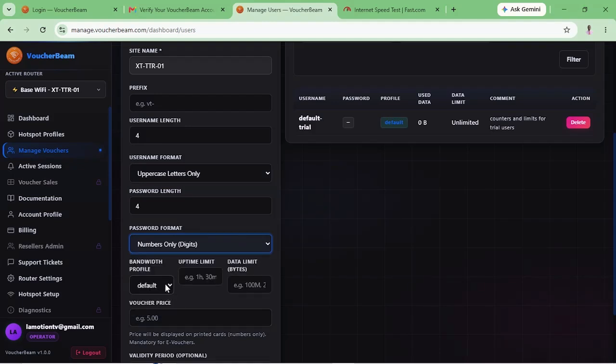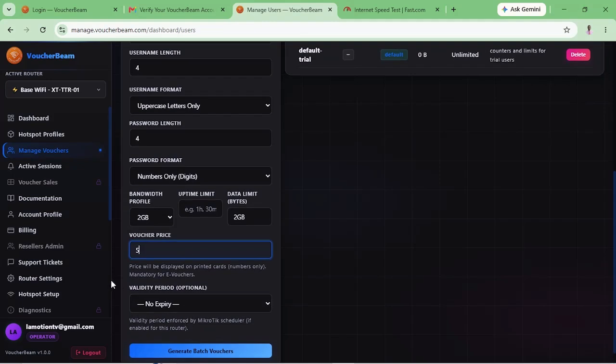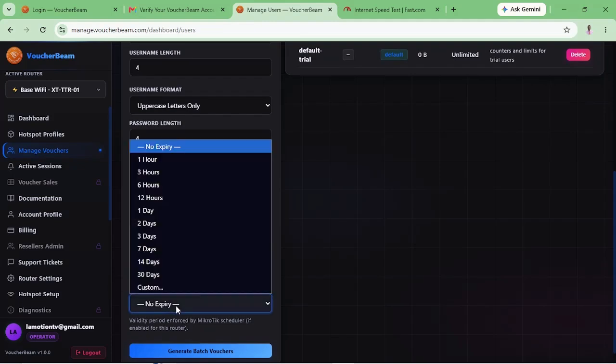Then the profile bandwidth, what we have created, so it's 2 GB. And then uptime limit, I'll leave it. Okay, data limit should match with the profile, so 2 GB. So it means I'm giving the person 2 GB data. When you use it finish, it's finished. Okay, the price, let me give it in Ghana cedi, 5 cedis. The validity, if you want it to expire in 1 hour, 3 hours, 7 days, 30 days or custom,